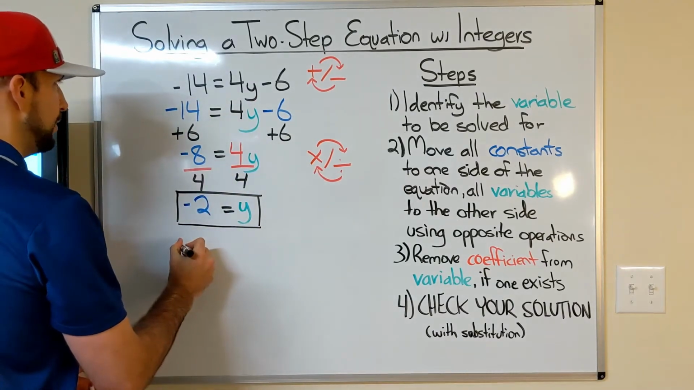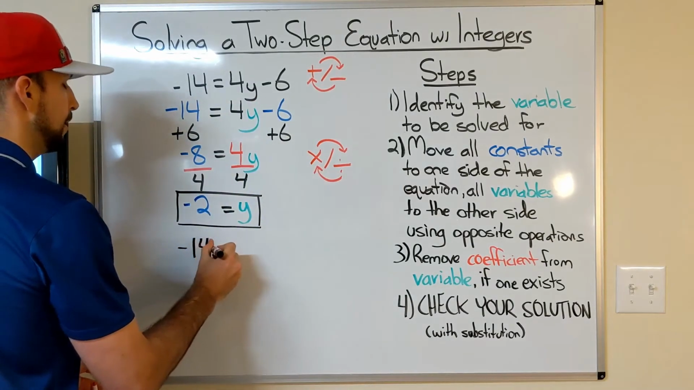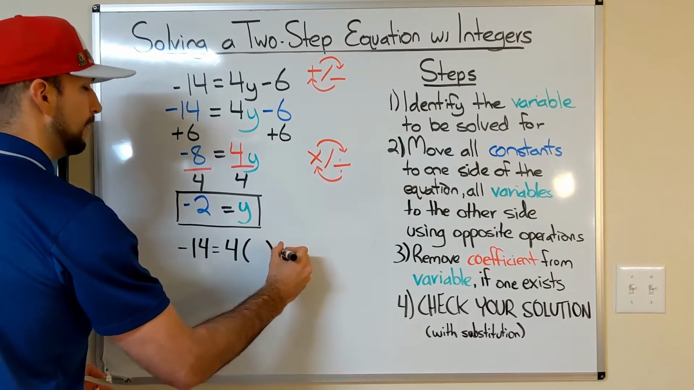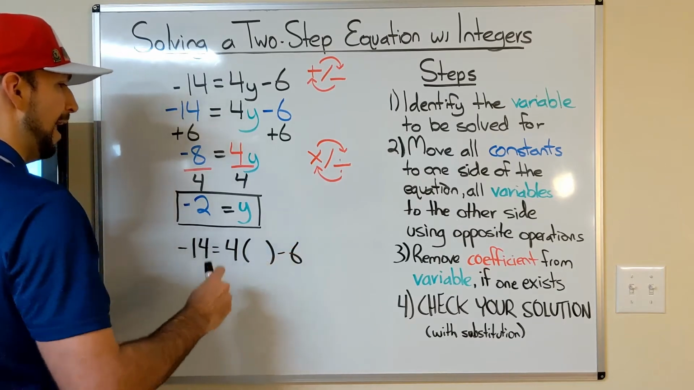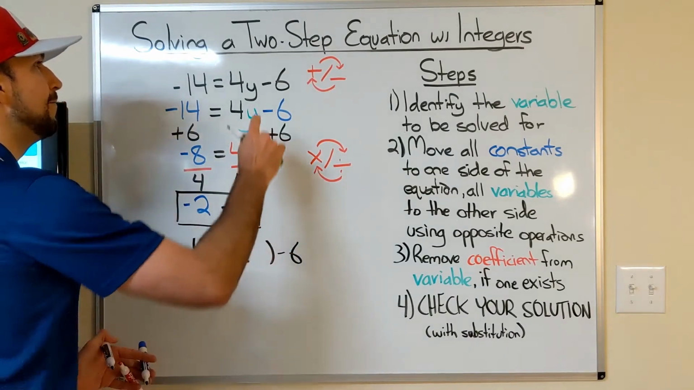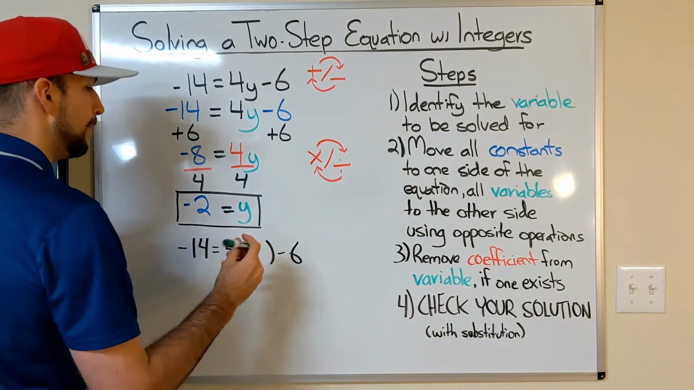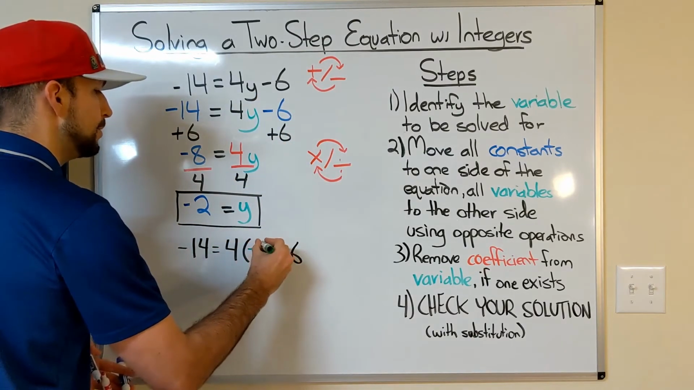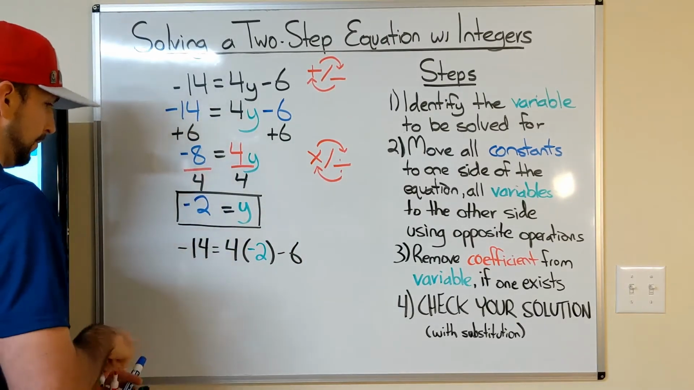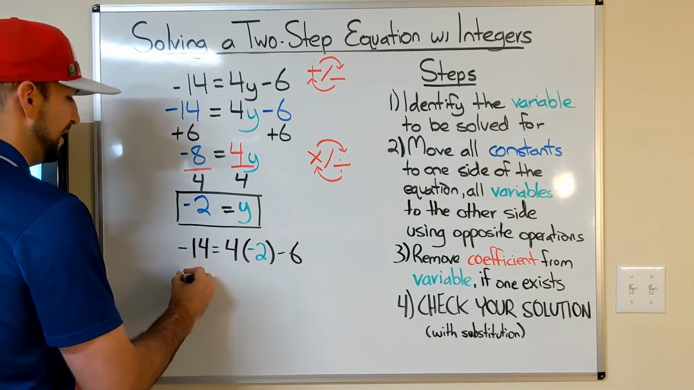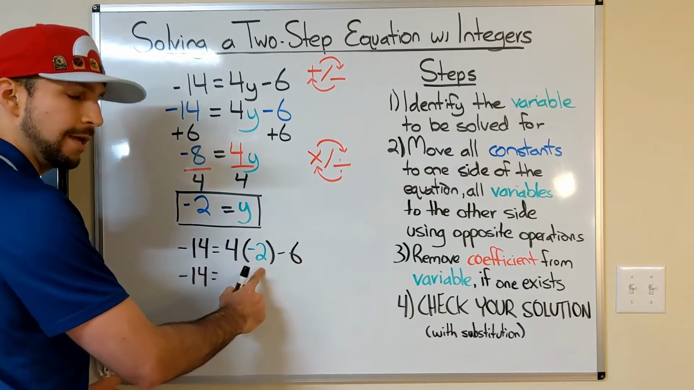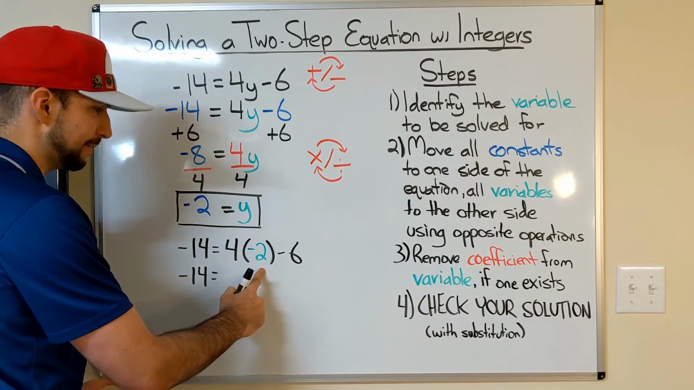So I'm going to rewrite my original equation, -14 equals 4, and I'm going to substitute y's value there, -6. I said my y was equal to -2. So instead of y, I'm going to write my current solution, -2. And let's make sure that this is a true statement. So, -14, is that equal to 4 times -2, which is going to be -8